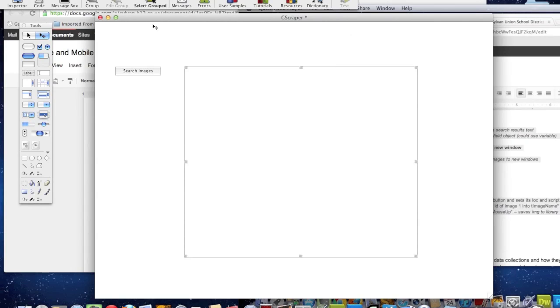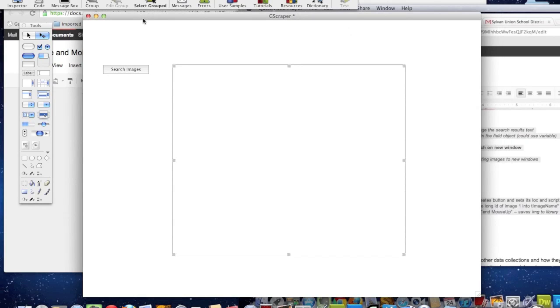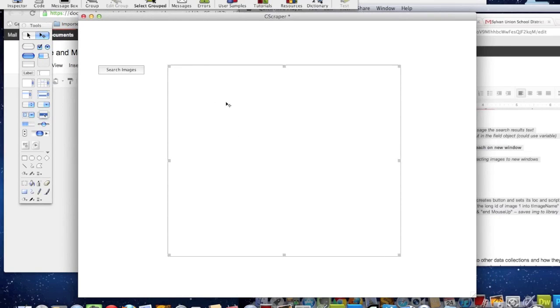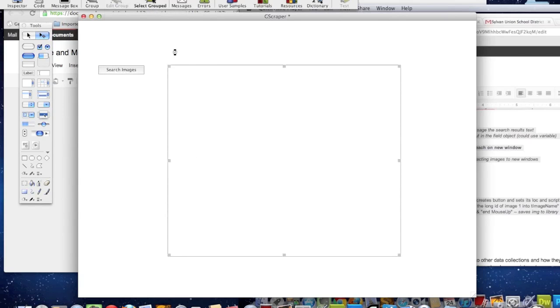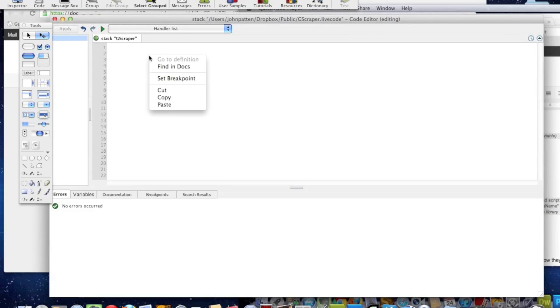I'm going to close that. And I'm going to add a script to the main stack. So every window is part of the stack, and the stack can have its own script too. So if I go to Object and I go to Stack Script, I'm going to put this script, I copied